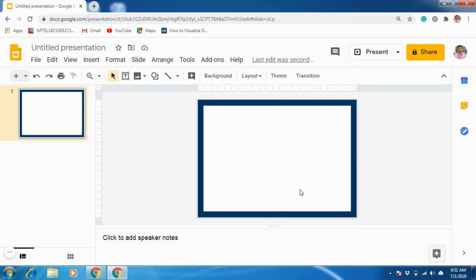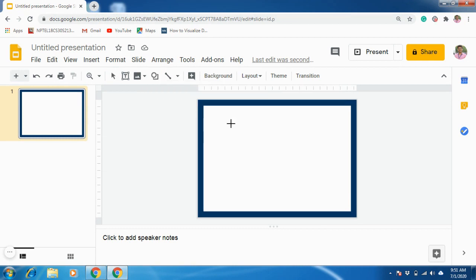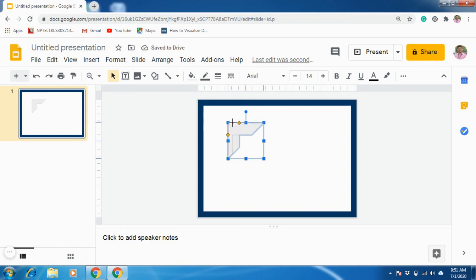I mean the first frame. Next we can use another shape. Go to shapes. I want to use this shape, half frame. Select this half frame. So you can place it like this. Now you can decrease the width. You have two sides, and for the two sides you have two controls to reduce the width, and this is the size of the entire frame.